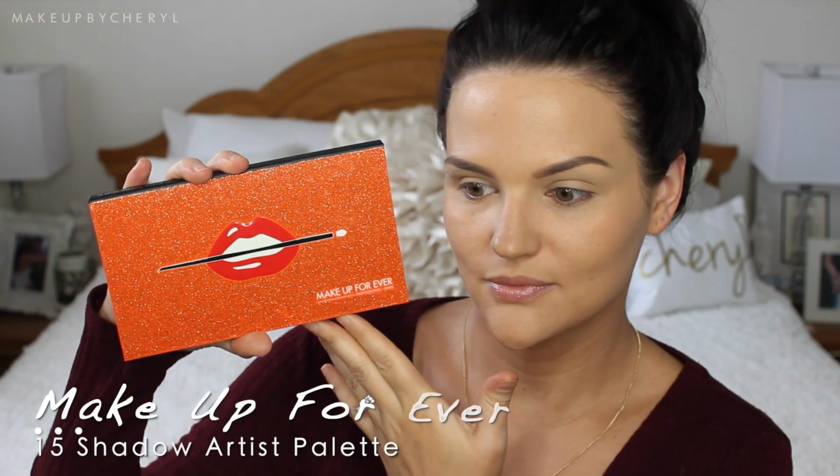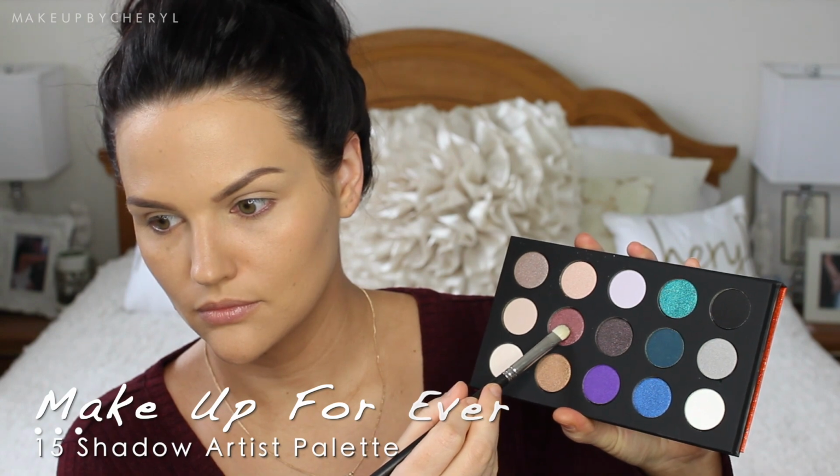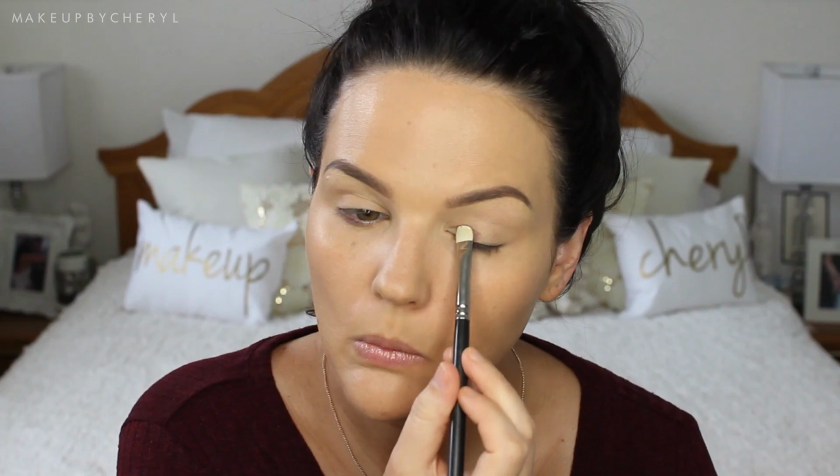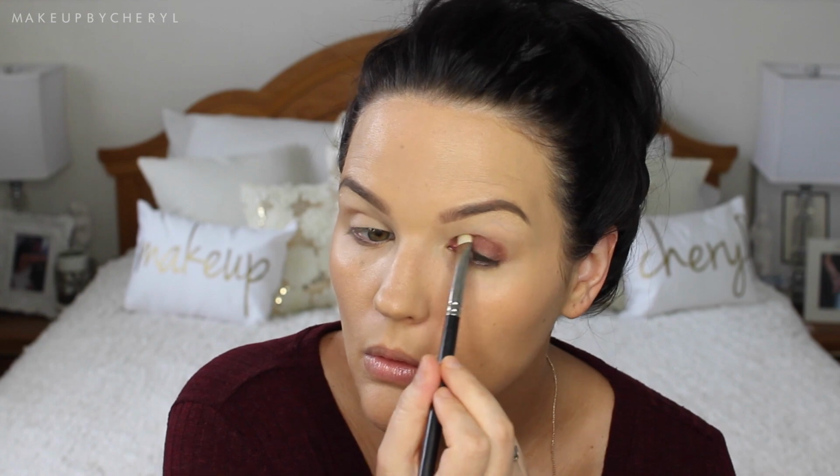Now I'm going to be using the Makeup Forever 15 Shadow Artist Palette. And I love this palette, and this is the first look I'm going to be doing with it. I did a whole review on this. I will link it in this video, but I'm just starting out with that really pretty burgundy shade, and then